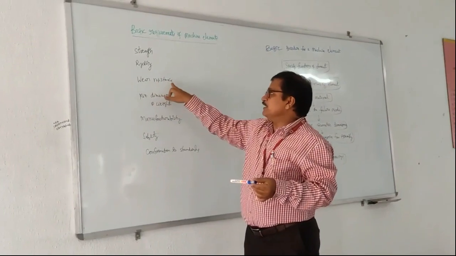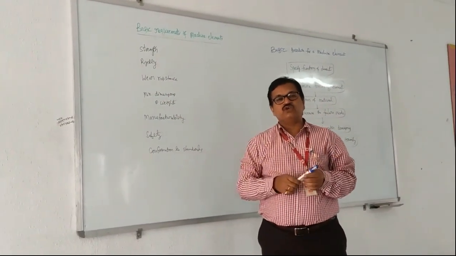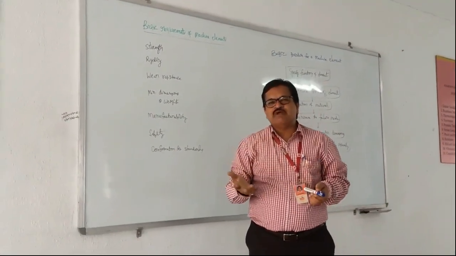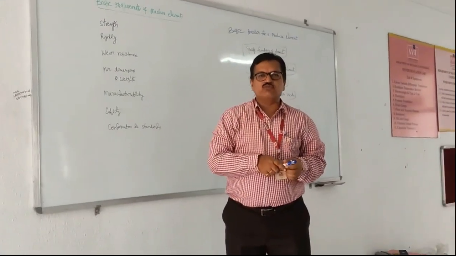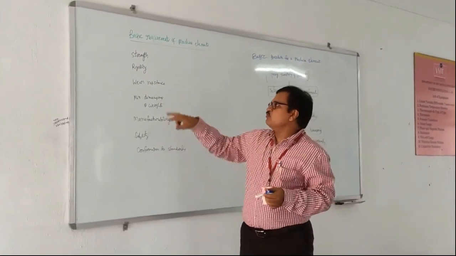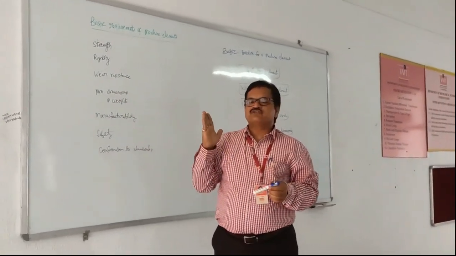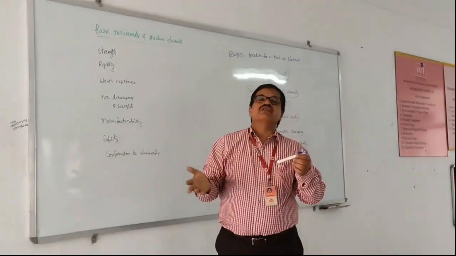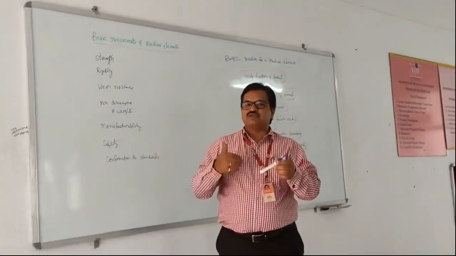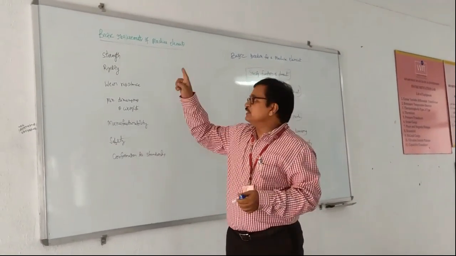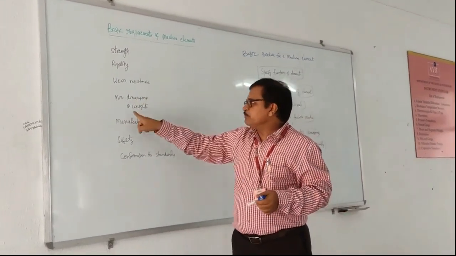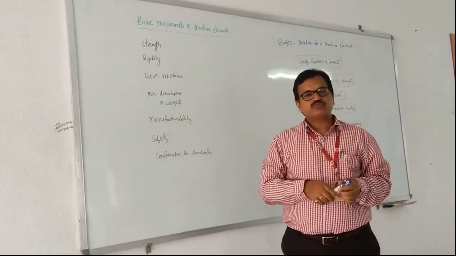Next, wear resistance. The member is going to wear out due to relative motion. Two elements in a machine which have relative motion between them will have friction, and along with friction we will have wear. So wear resistance is very, very important where you have relative motion between the parts. If two parts are joined together and have relative motion between them, in that case wear resistance is of paramount importance.